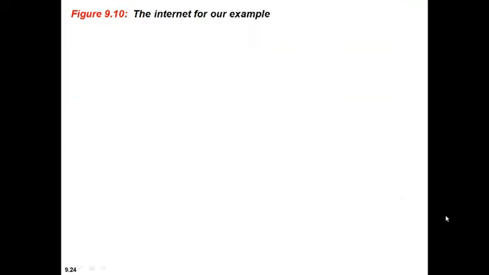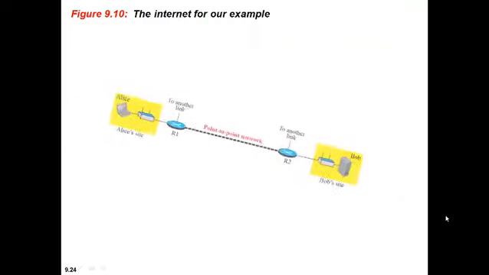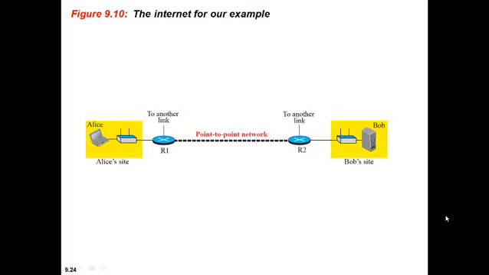Let's see one more example to show how communication is done at the data link layer and how link layer addresses are found. Consider two systems, Alice and Bob. Alice wants to communicate with Bob. Alice knows the IP address of Bob using DNS, the Domain Name Server. Just assume that Alice knows the IP address of Bob and wants to send the data through intermediate nodes.